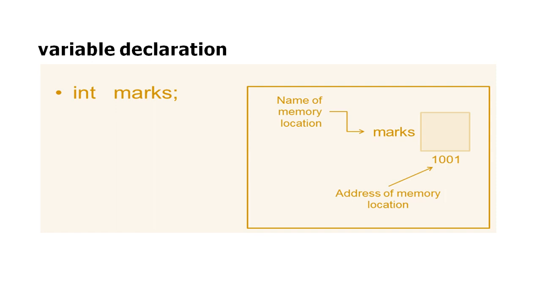So here marks is a memory location, or S1 is a memory location, or A is a memory location. If you create any name, A, B, C, marks, S1, S2, tot, whatever the variable name and whatever the data type, it may be integer, char, float,